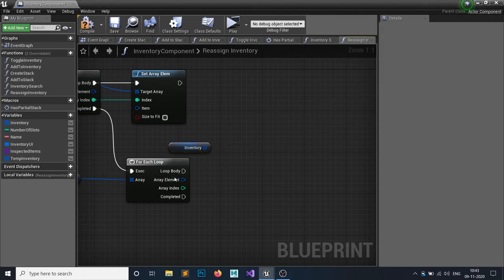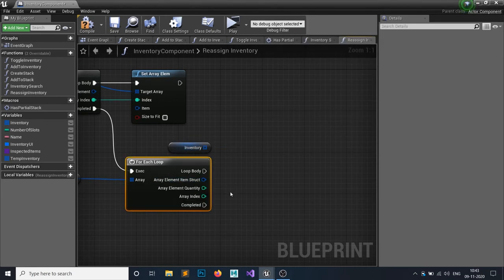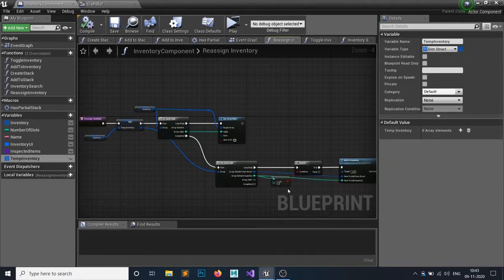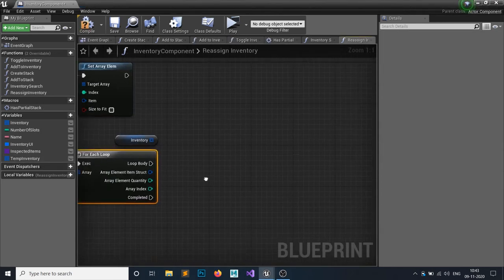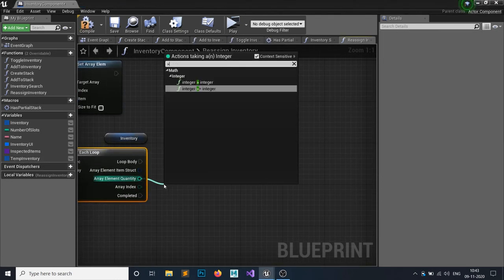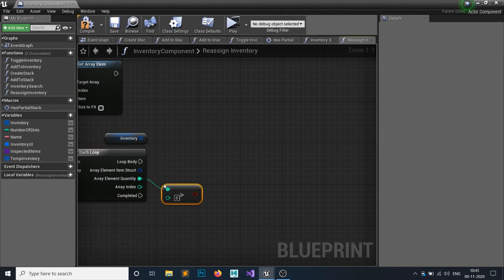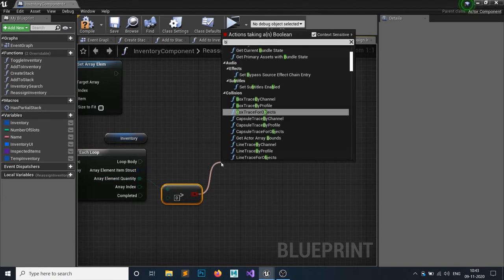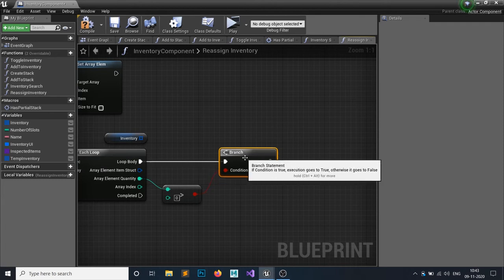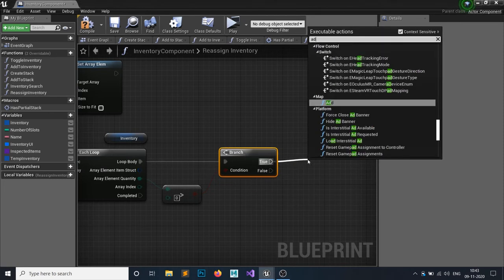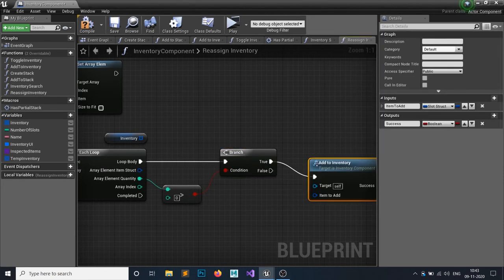Nope. First I need to split it out. Yep. So if our quantity is greater than 0, then I want to add, otherwise not. So yeah, if it's greater than 0, then I want to add to inventory.